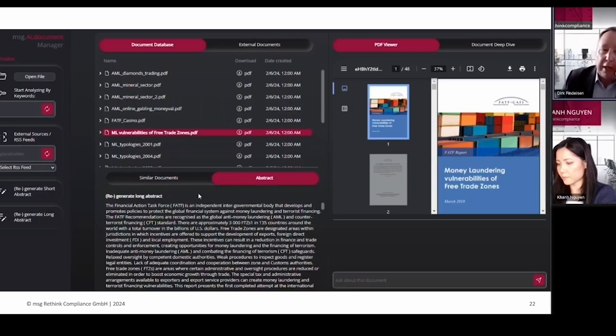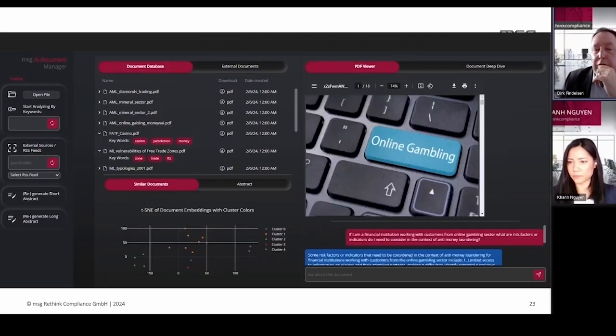And of course, you can chat with the system and ask your questions, and also identify automatically whether there are new topics coming out of these documents that you need to cover in your risk assessment.